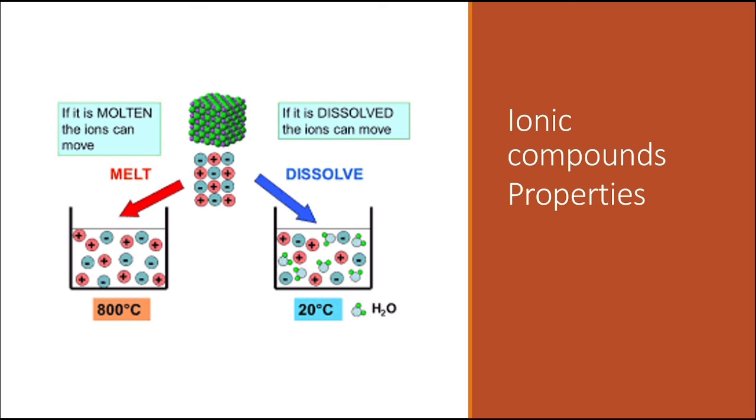When the ionic compounds are solids, they do not conduct electricity. The main reason for that is that they are held together very closely. We don't have any ions or electrons that can carry the electric charge. However, if they are molten, if we melt them, then as we can see